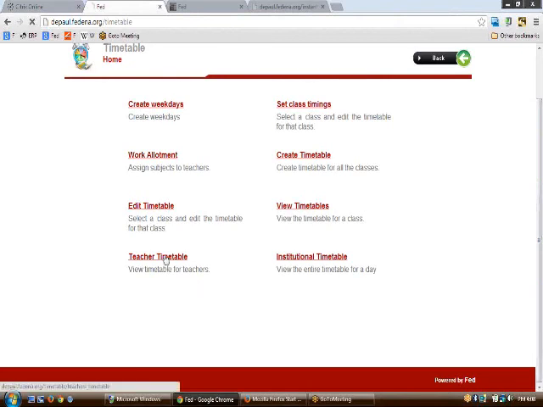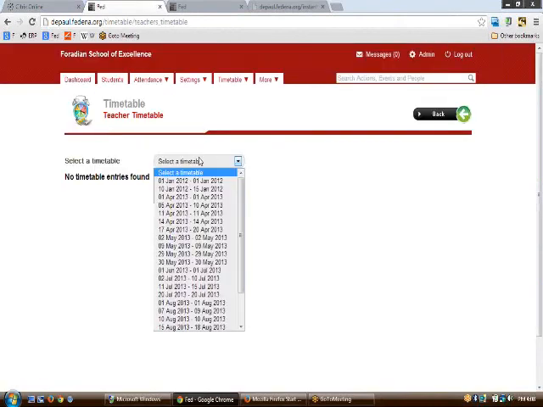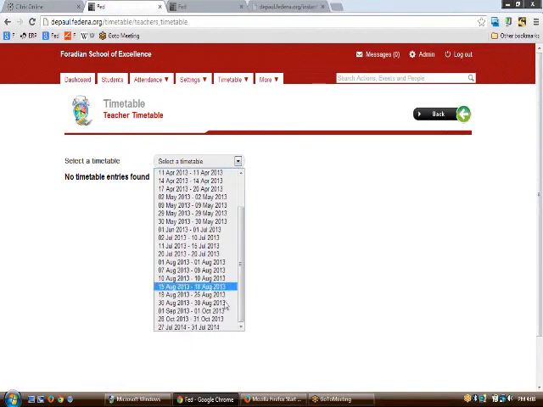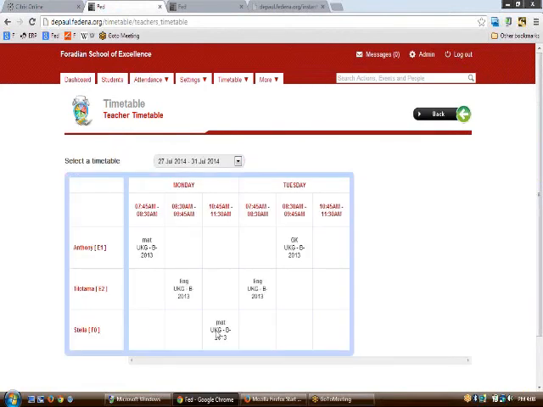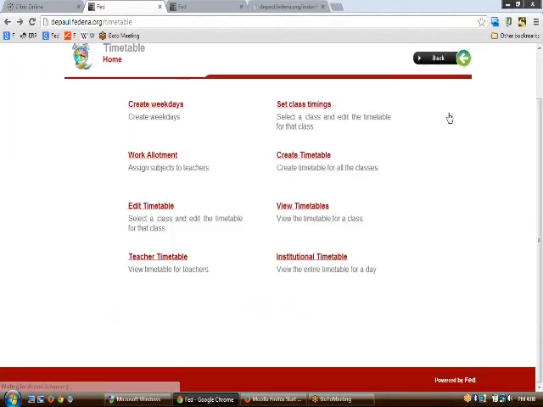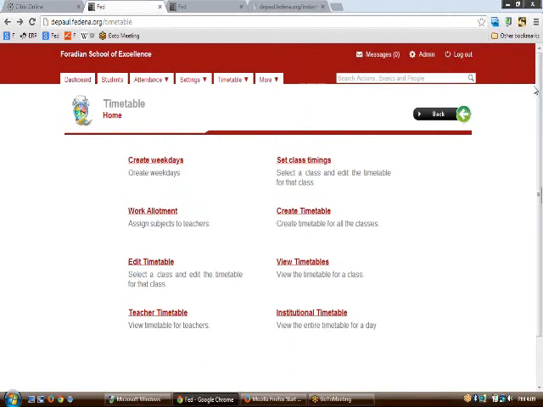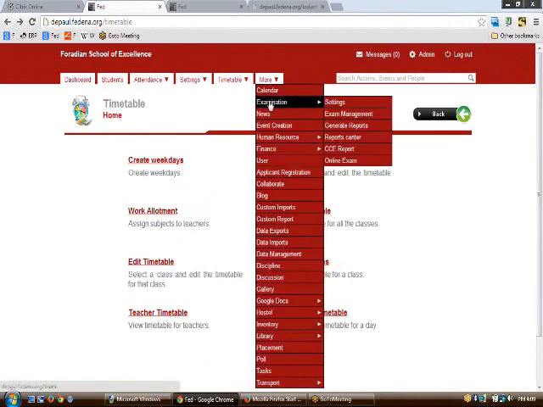Again, the teacher's timetable can be viewed. Let us say that you want to know the timetable of a particular period of a particular employee. So Anton Tiltman and Shala are busy from 27 July to 31 July for this particular period, teaching this all. So this was all about the timetable. Now we will be quickly cruising upon the examination part.